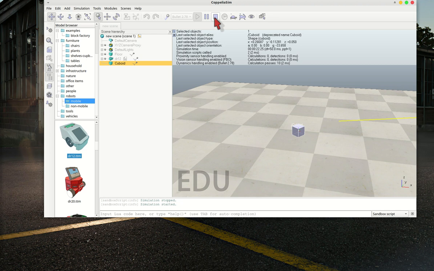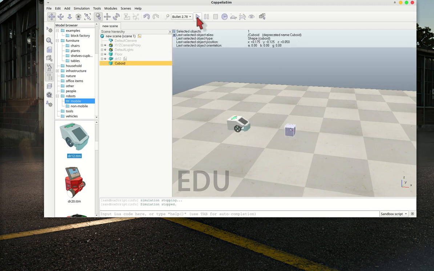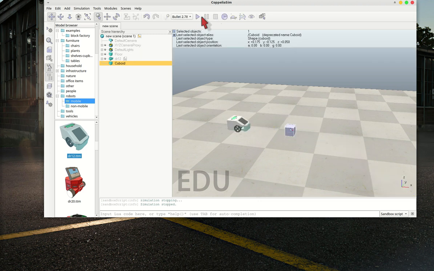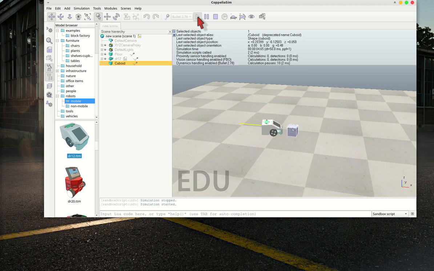Once it hits the object, it simply turns to the left. This is pause, continue, pause, stop, and so on. That is to reset.